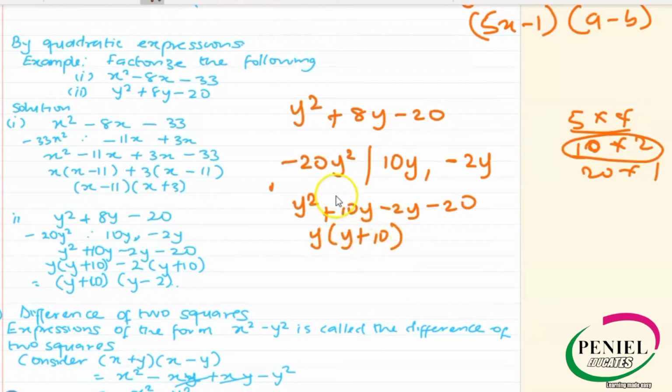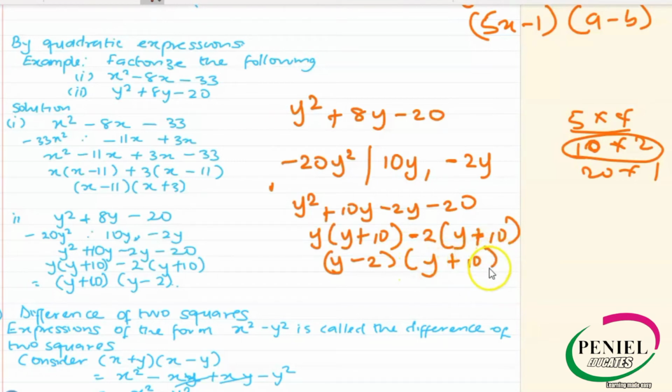10. Same thing, that's y squared plus 10y, then minus 2. If I put this minus 2 out, it's going to give me y minus 2 times y, then this particular one will give me a positive 10, because if I do minus 2 multiplied by 10, it's going to give me minus 20. So I have a y, then this particular one, y minus 2, and I have a y plus 10. So that is how we can factorize a quadratic